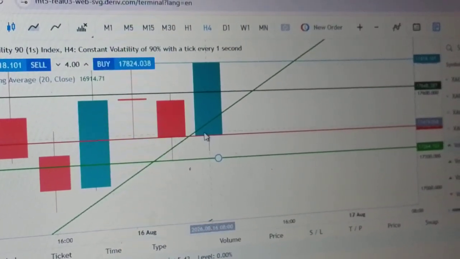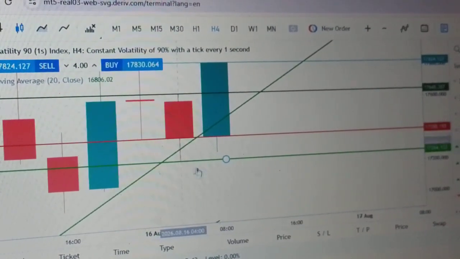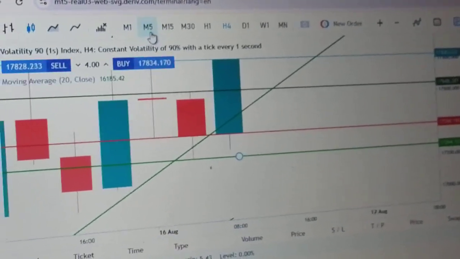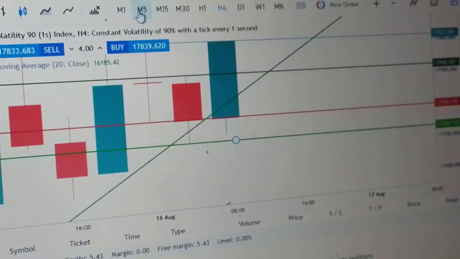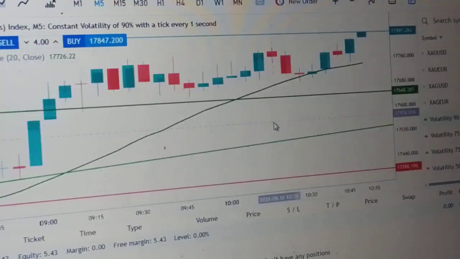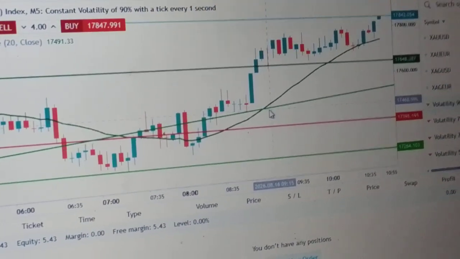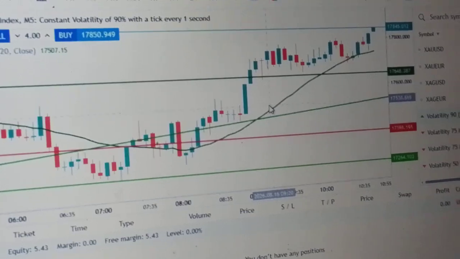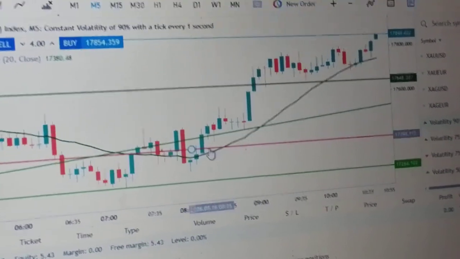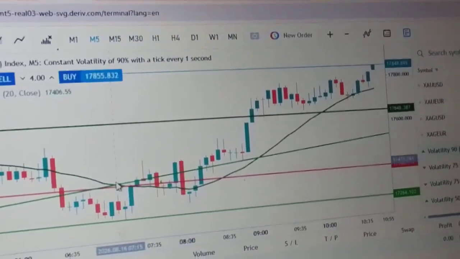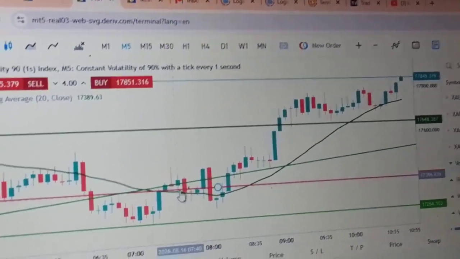So after you mark the highs and the lows, now you come to the 5-minute time frame. This is the 5-minute time frame. Now you are searching for entries. Another thing, guys, you have to already have incorporated the 20 moving average on your charts. The 20 moving average helps you once the market crosses above, I said